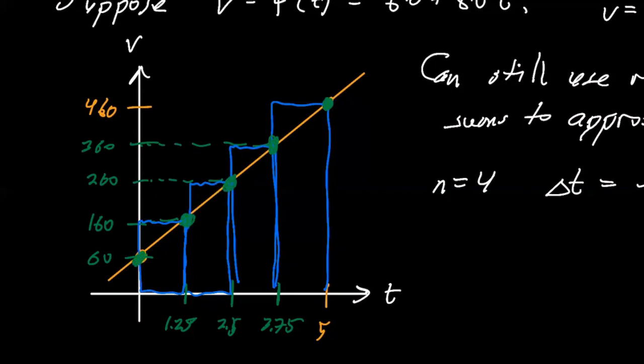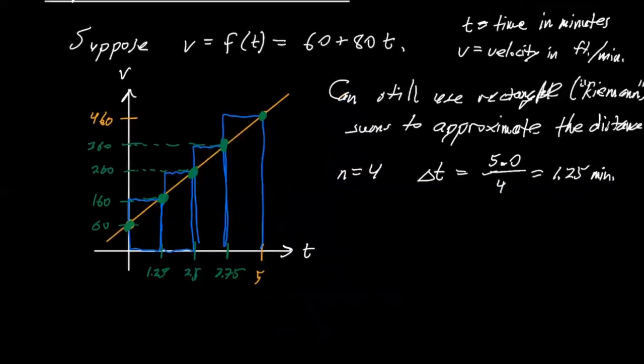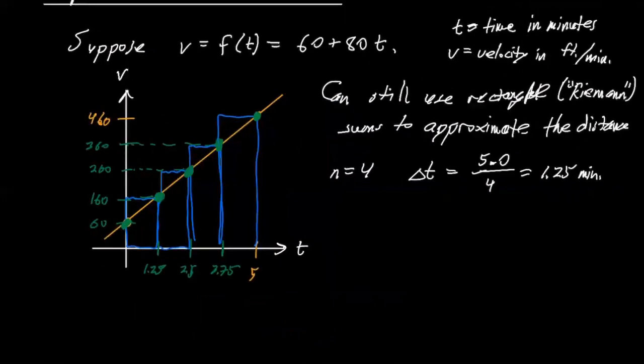Okay, and so in this case, what is the approximate distance? So I'm just going to start using this term Riemann sum more and more because it's kind of what this is called. So the right Riemann sum with n equals 4